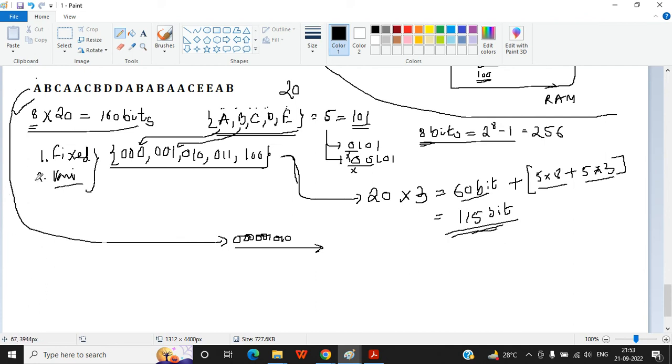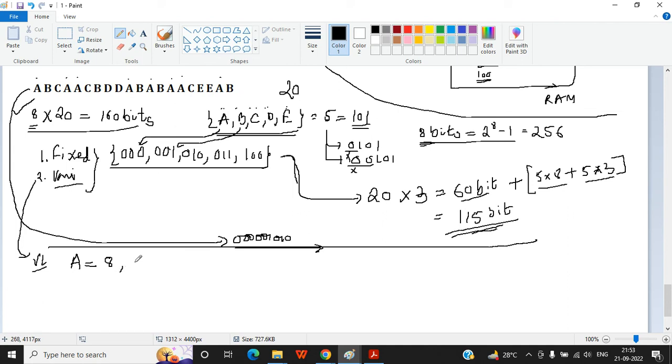This is your variable length, okay. So what is the frequency of A? See, 1, 2, 3, 4, 5, 6, 7, 8. So the frequency of A is 8.